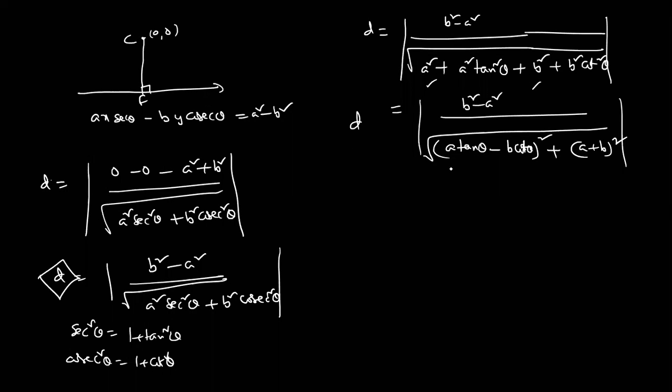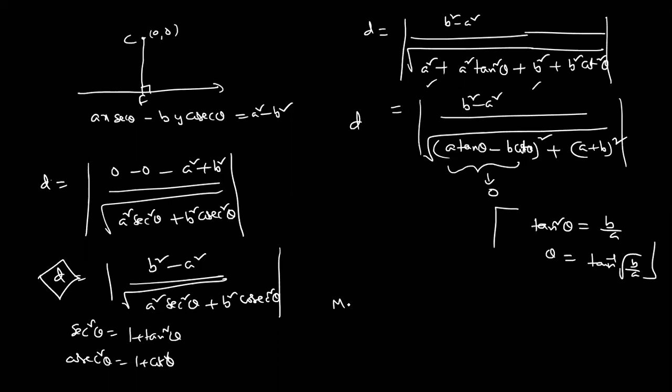We can expand this part, the same thing is coming. So for the minimum, this part should be 0. The minimum is possible when tan square theta is equal to B by A. So theta is tan inverse of root over B by A, and for this value you can get the minimum. So the maximum of D, what is the answer?